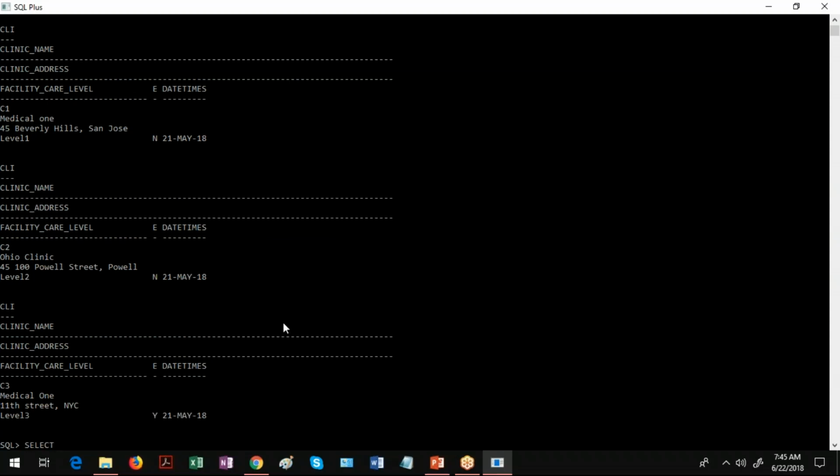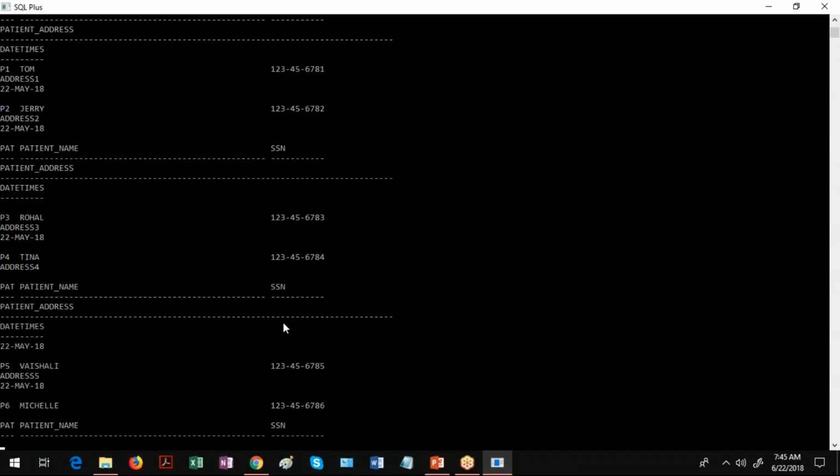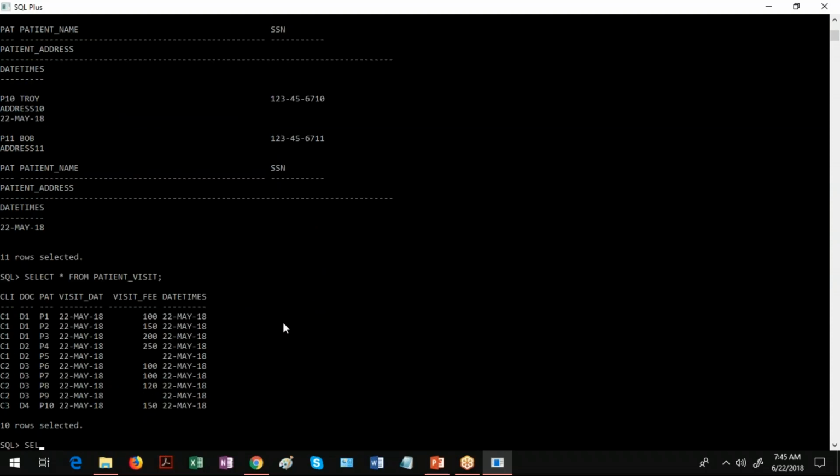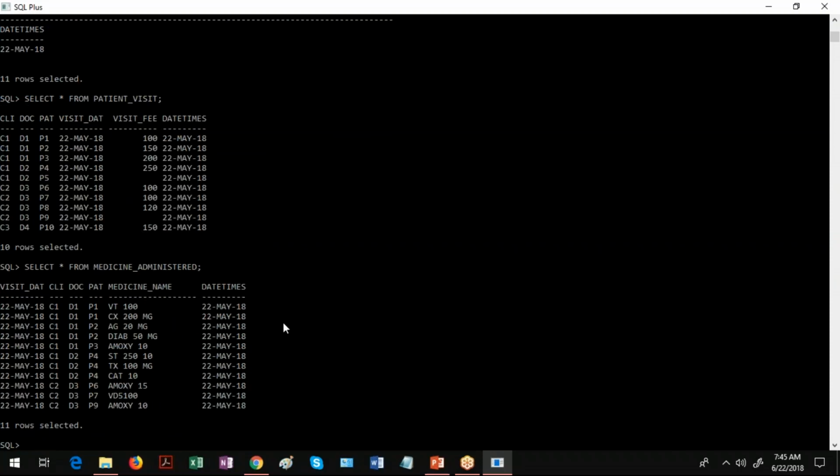Select star from patient. You see the records here. Then select star from patient underscore visit. You see the records here. Select star from medicine administered. You see all records here.